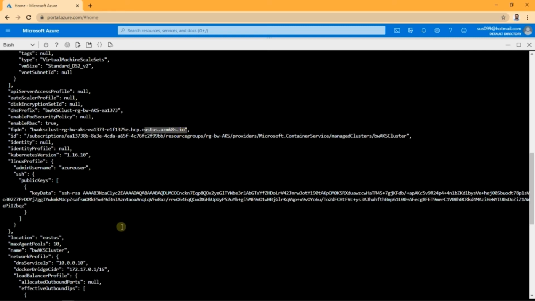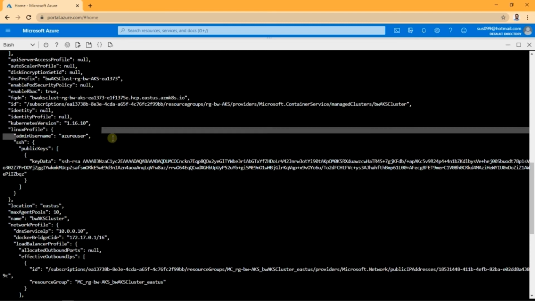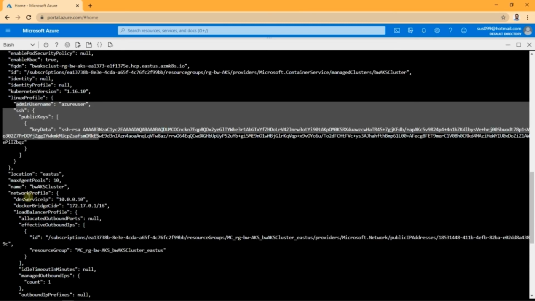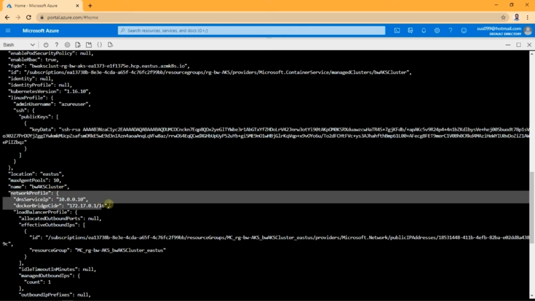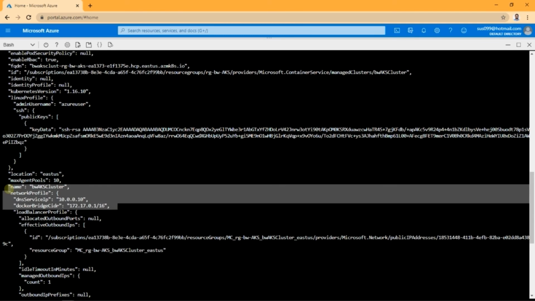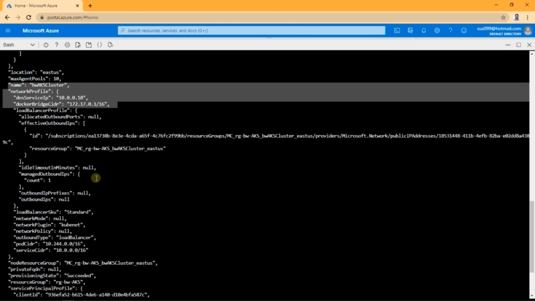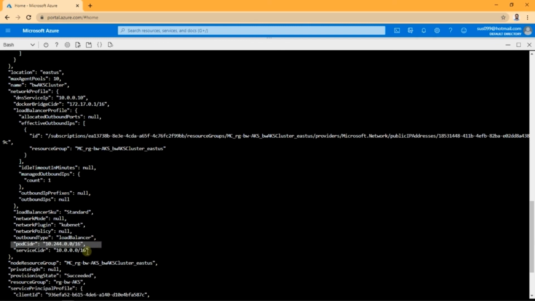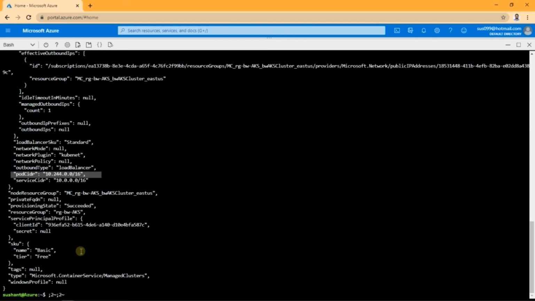Then we see the username and public key here, and then the network profile, the network IP and details of the AKS cluster. Apart from that, which pod CIDR it will use is shown here, and the tier.